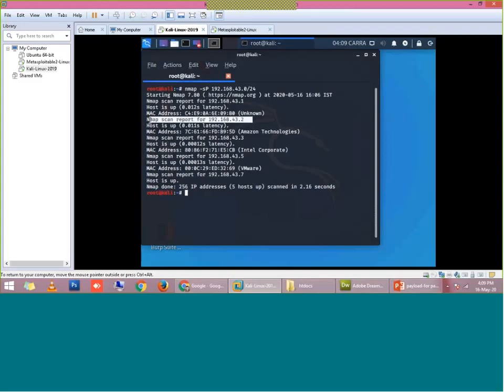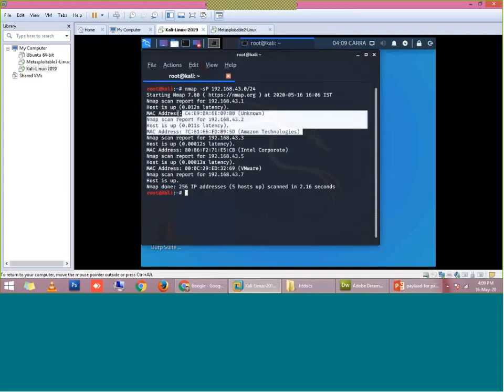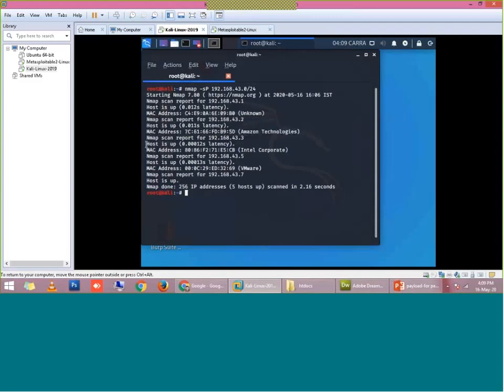It is showing that 43.2 is also alive and it is Amazon, basically Amazon Alexa is running in my home and is also connected to this network only. That is why it is showing that this Amazon AI device is connected. Next it is showing my laptop. This is showing Metasploitable. So all the devices which are connected to my hotspot or my network, it is showing their IP address and MAC address. So it is also a part of information footprinting, right?